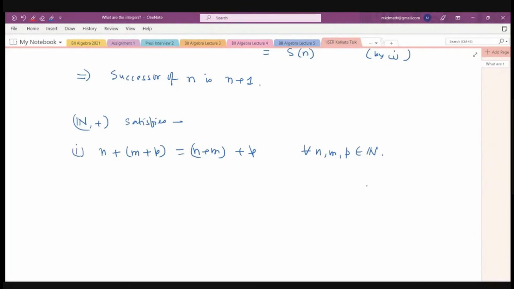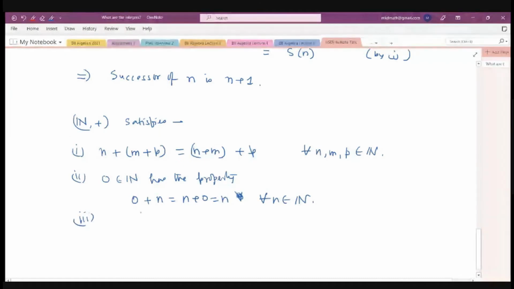We can fix 2 and induct on one variable. Absolutely. So axiom of induction, that will give you the proof. I'm not giving the proof, I'm just giving the idea. So 0 belongs to N and has the property that 0 plus n is equal to n plus 0, which is equal to n, for all n in N.